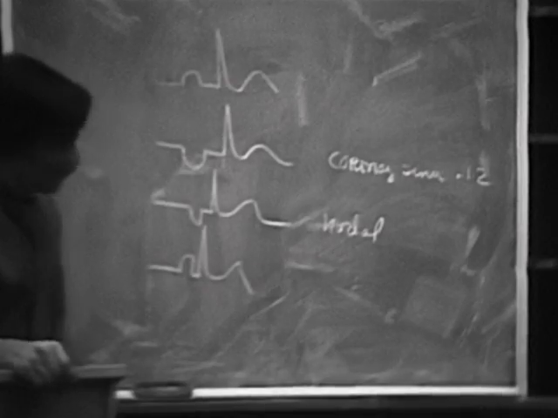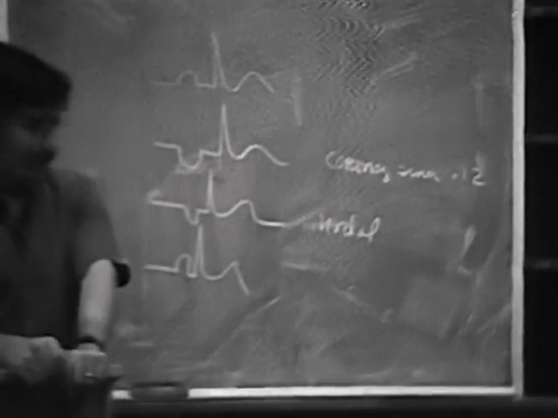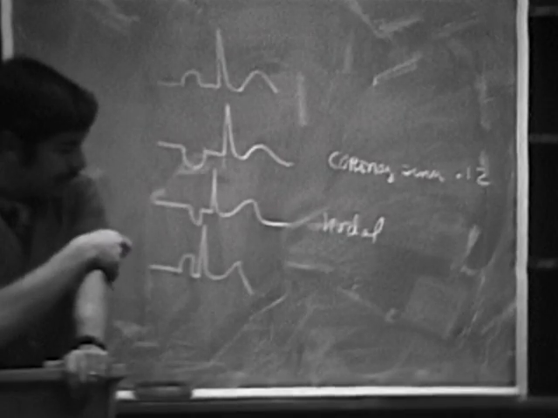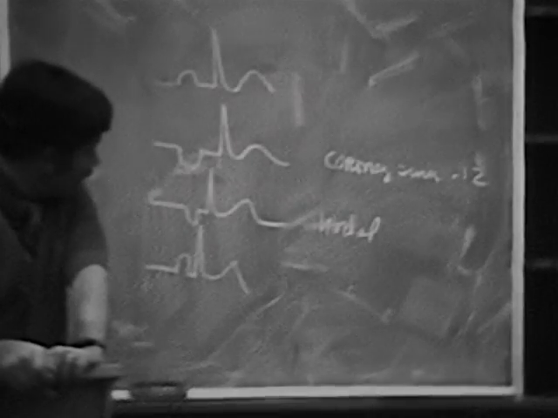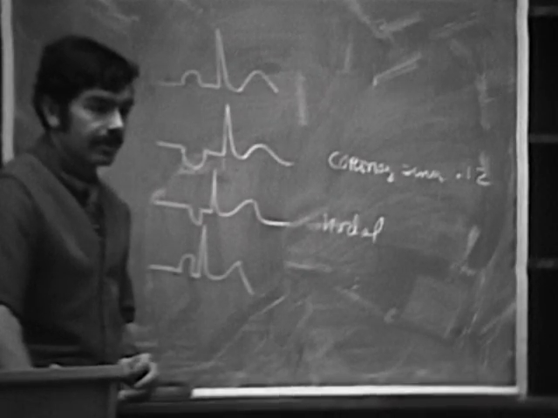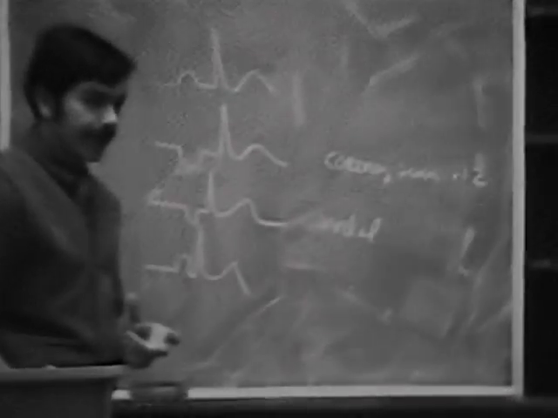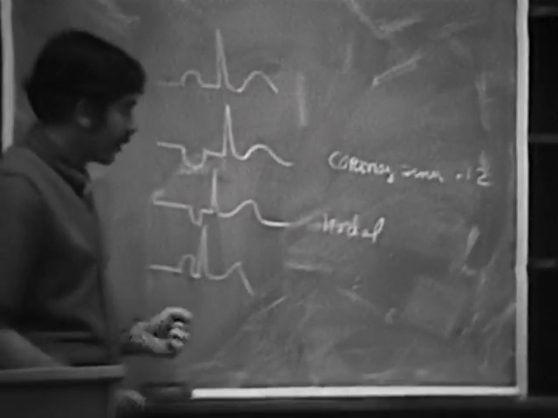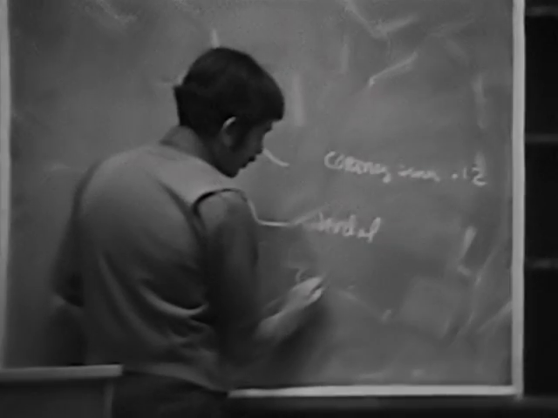A short PR interval, but an upright P wave. Increased excitability? It's like the Wolff-Parkinson-White, but it really isn't, because with the Wolff-Parkinson-White, remember, we have a delta wave and some other different things. You get widening of the QRS. Whereas here, there's no widening of the QRS, it's just a short PR. They call this a coronary nodal rhythm,